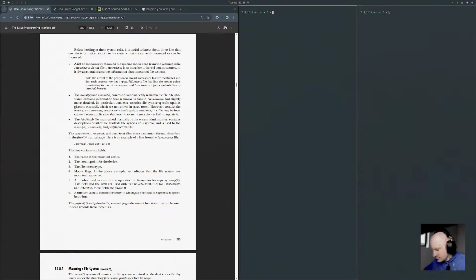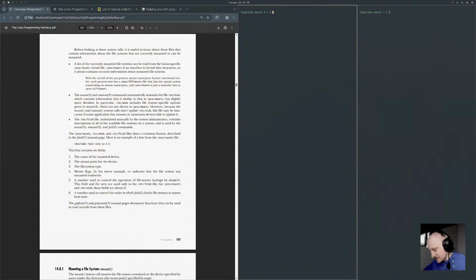The mount and umount commands automatically maintain the file /etc/mtab, which contains information that is similar to that in /proc/mounts, but slightly more detailed. In particular, /etc/mtab includes file-system-specific options given to mount, which are not shown in /proc/mounts. However, because the mount and umount system calls don't update /etc/mtab, this file may be inaccurate if some applications that mount or unmount devices fail to update it.